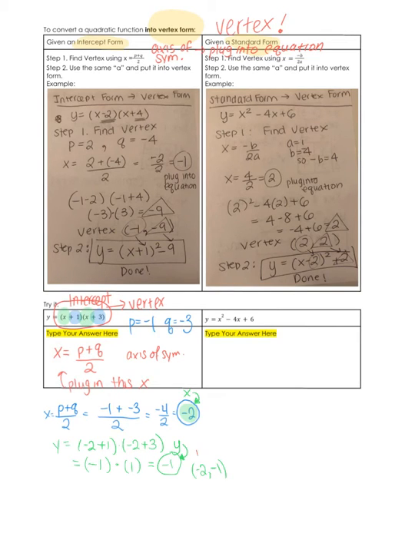And that is our h and k in our vertex form. Y equals a times x minus h squared plus k. So instead of h, we're going to put negative 2. Instead of k,